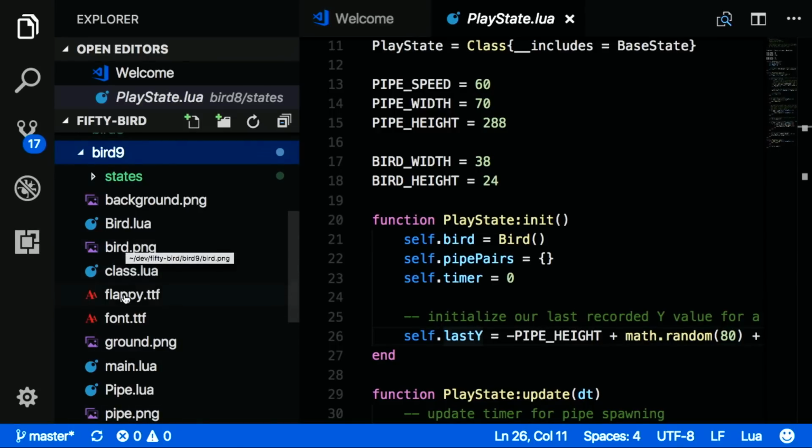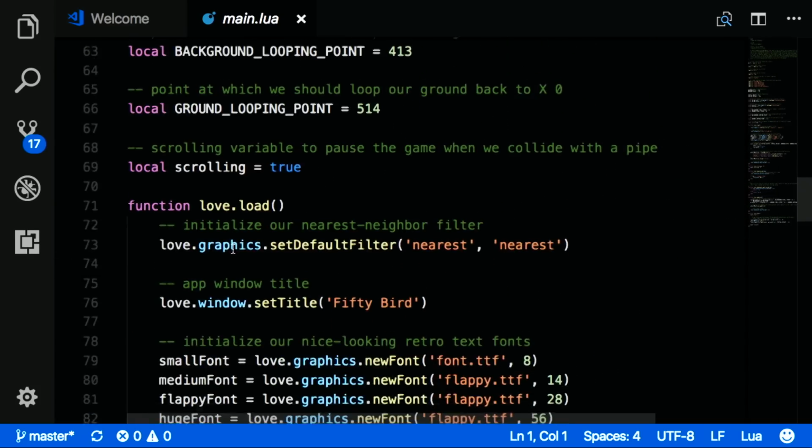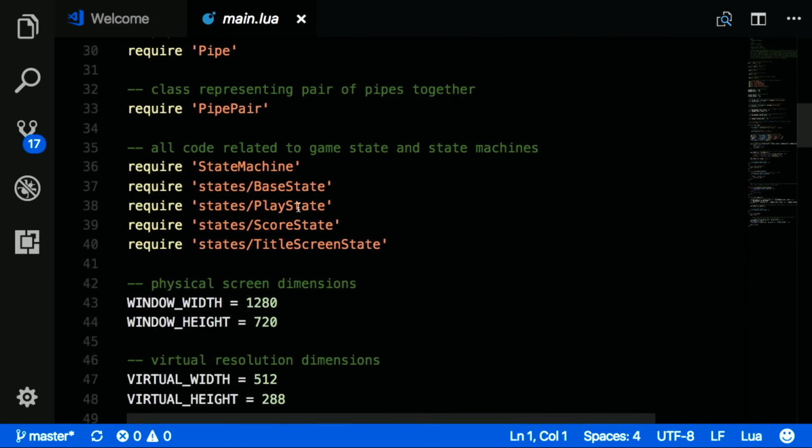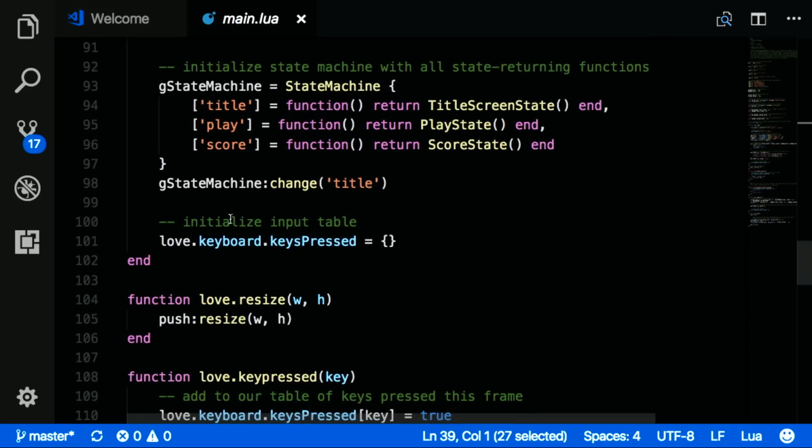So notice that in main, down where we define our state machine, we're going to also note that we require a new score state, because now we want to display a score screen. Down on line 96, score gets a function where we return a score state object. So now we can change to score, and it'll return that state, and we can define all the behavior within score state that we need